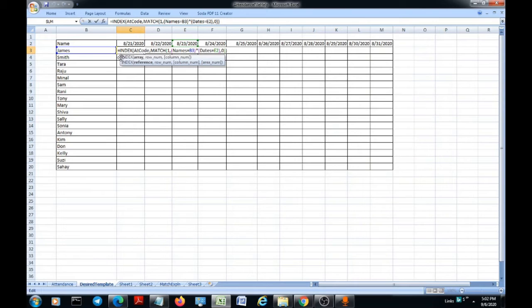So let me explain this formula. I'm writing here index. The formula starts with the index of AT code. AT code is the attendance code column from which I want my result to be exported. So here is the difference. I have started the match function here, and I have written here 1. This 1 I'm not taking as a number 1. It is a true or false function. So this can also be taken as a true or false function. Match true here, and then names is equal to B3,